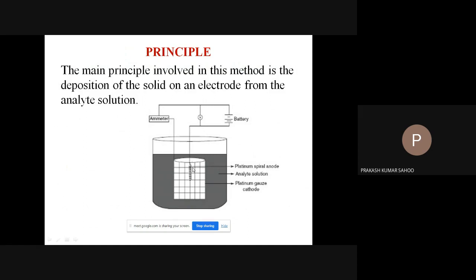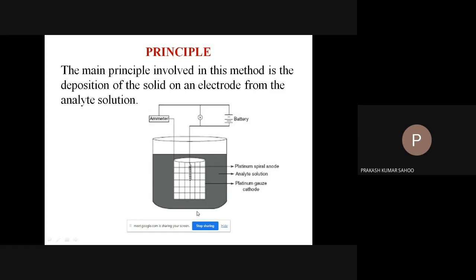This is just a spiral anode, that is the platinum. It is also the platinum. So these both are connected through external electricity. Here it is a battery, and the current is measured with the help of this ammeter. So this is the instrumentation of your electrogravimetric apparatus, where the metal is dissolved in a solvent to prepare